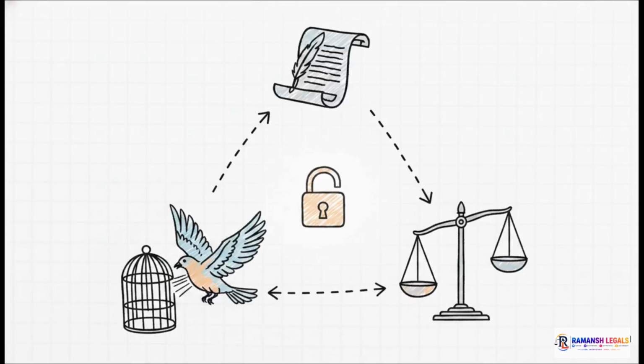They are totally interconnected and must be read together. From Maneka Gandhi, we get the triple test. If any law interferes with personal liberty, it has to satisfy these 3 elements. First, it must prescribe a legal procedure. Second, that procedure has to withstand the tests of fundamental freedoms under Article 19. And third, very importantly, it must be tested with reference to Article 14. This means you can't just have a procedure on paper. That procedure must be just, fair, and absolutely not arbitrary, fanciful, or oppressive.